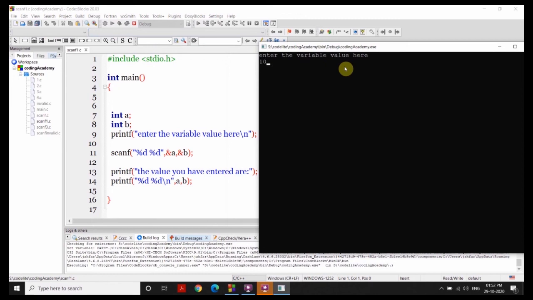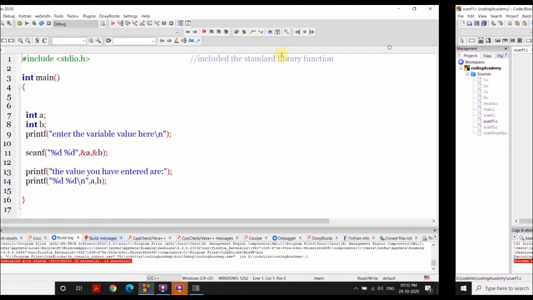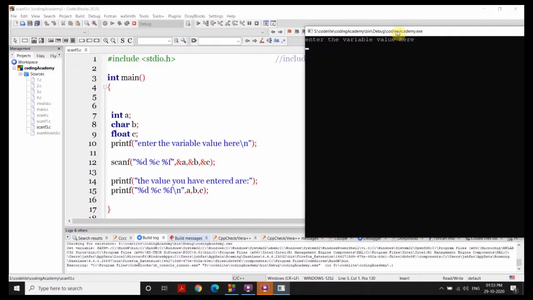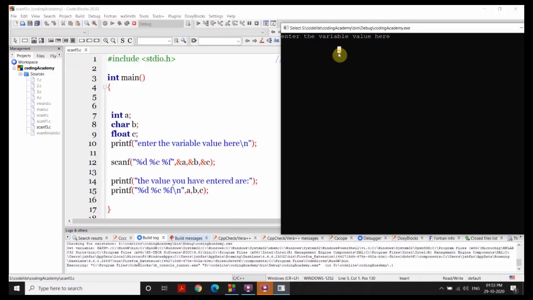Next, we will be entering two variables through the keyboard, 10 and 20, and it will give the same output. Next, we are entering three different data type variables with respect to their format specifiers.